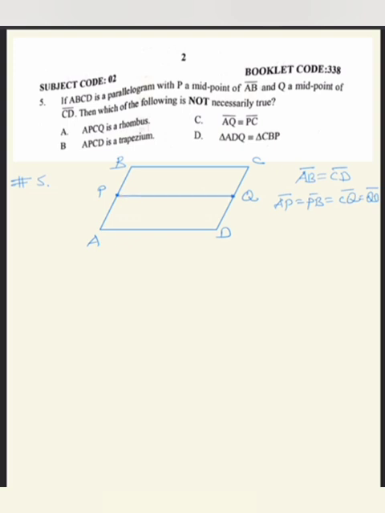Let us connect P and Q. Then what do we have? We have another parallelogram, APQD. The other construction we need for this question is to connect P and C, and likewise connect A and Q. Since BC and AD are the same, and AP and DQ are the same, PQ is parallel